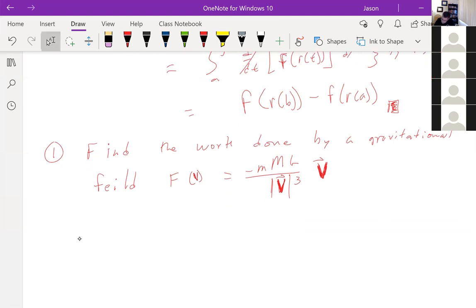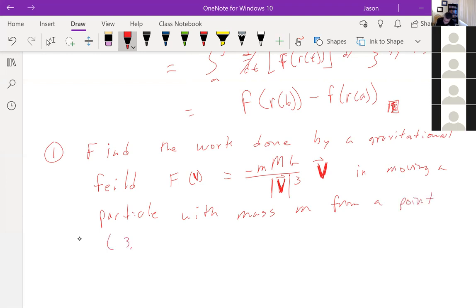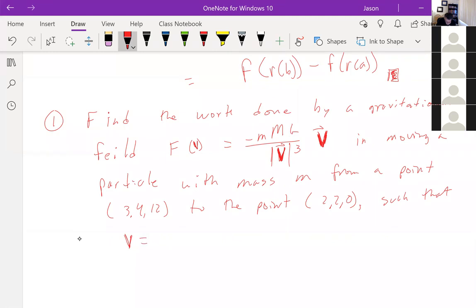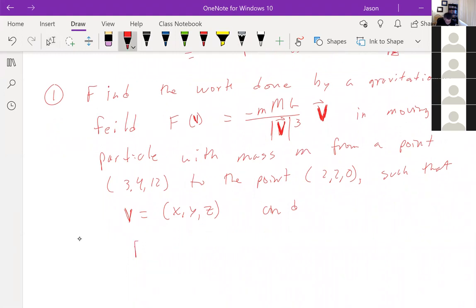Moving a particle with mass m from the point (3, 4, 12) to the point (2, 2, 0), such that vector v is equal to (x, y, z), some sort of vector x, y, z. We'll say capital F of v